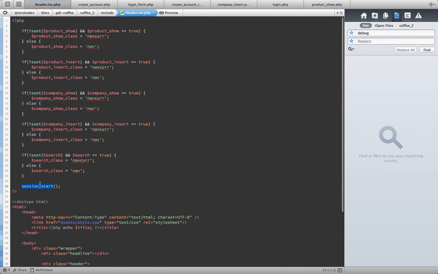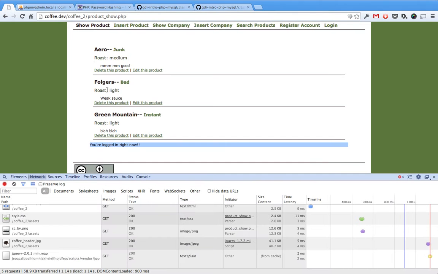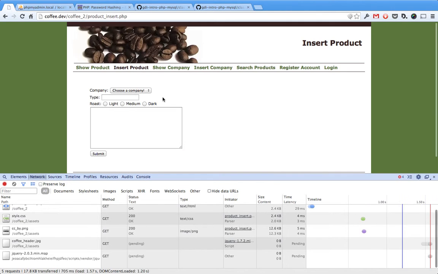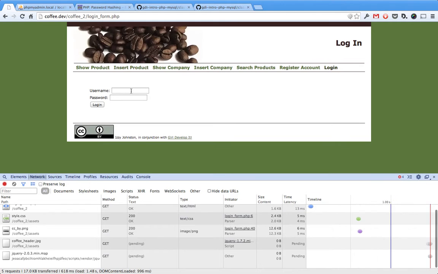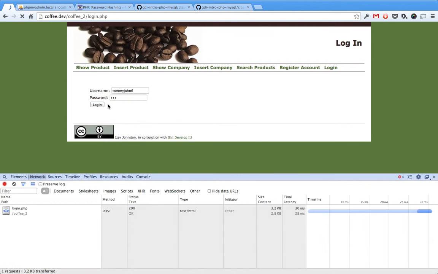So we are starting our session here in header.inc.php, and we come over to company insert.php, and we say, if this session variable isn't there, then we're going to bounce people out to product show.php. Let's go ahead and do that. Let's insert product here. We already have a session variable, so it allows us in. Now let's go to login, and I'm going to log in with a bogus username. And this time,